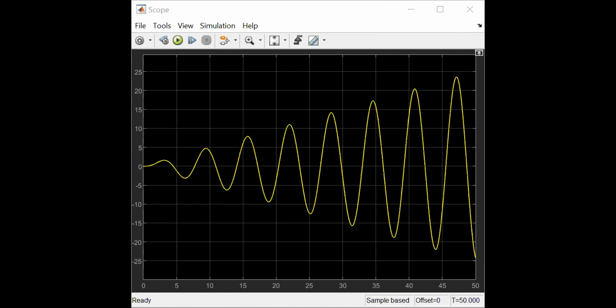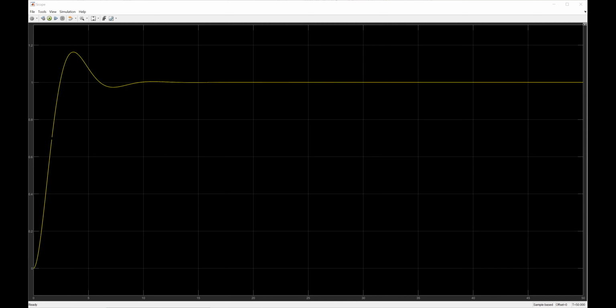So the time constant is how fast or how slow the system is able to respond. Now I want you to understand this very carefully. We started from 0, it overshot, but if you look at 66.6%, that point is somewhere over here, and if you drop a vertical line,